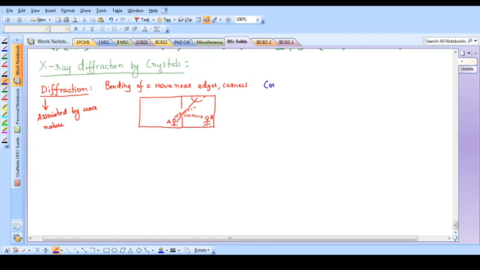So what is the condition under which we observe diffraction? The important condition for diffraction to take place, or for us to observe diffraction, is that the wavelength of the wave